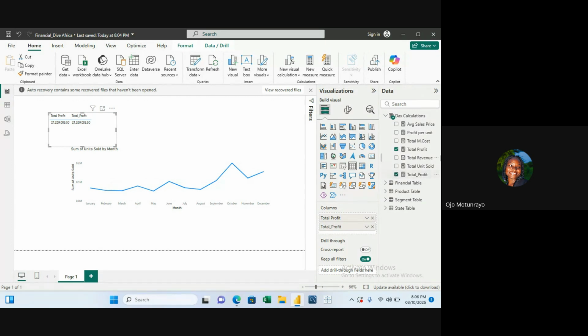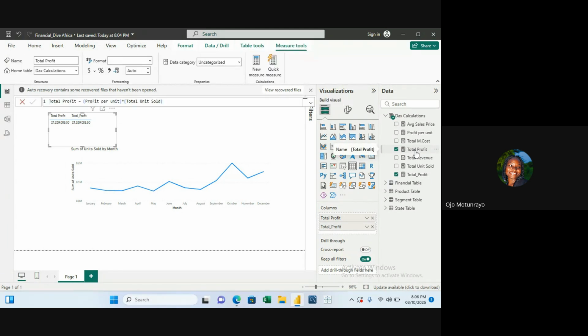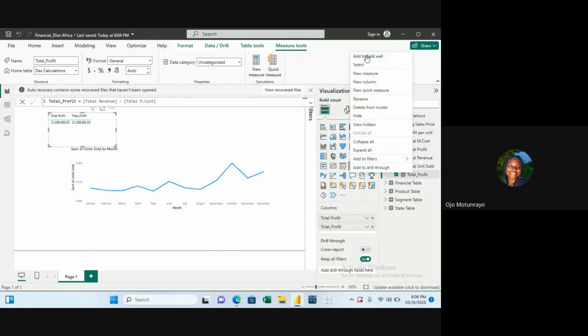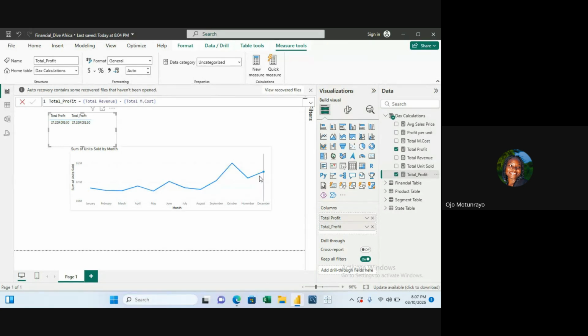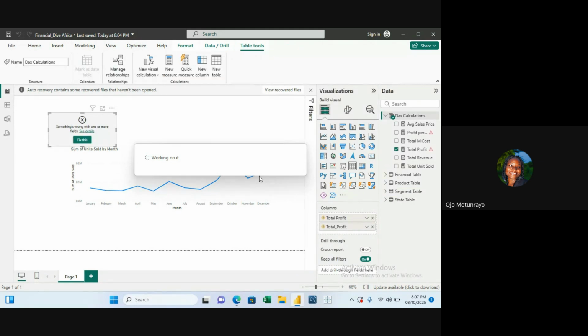So it's either you use, if you check the formula I used for this, total profit per unit times total units sold, or you use total revenue minus total manufacturing cost, and we still have the same thing. So let's just delete one. Okay, this is what I did there. So for those that are asking